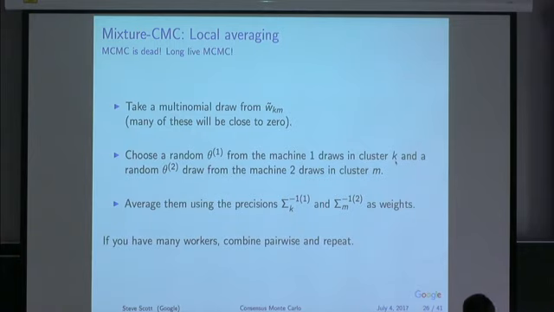But of all the things that were assigned to cluster K, I'm going to pick one at random. And I'm going to take a random draw from the thetas from machine 2 that came from cluster M, right? And then I'll just average those two draws, right? And the weights I'll use would be the sigma 1 inverse sub K, so the sigma that came along from this cluster and the sigma that came along from that cluster, and I'll do kind of the averaging version of consensus Monte Carlo for those things. So even if my mixture approximation wasn't exact, I would still get some of the robustness that comes from just averaging in this thing. That's the hope anyway.